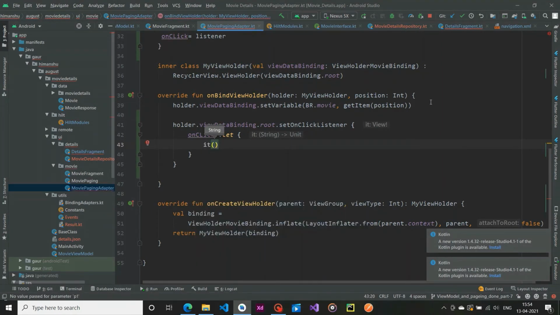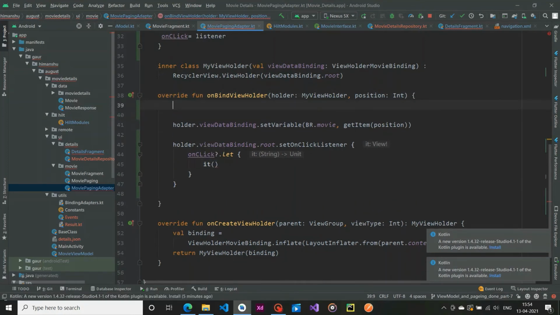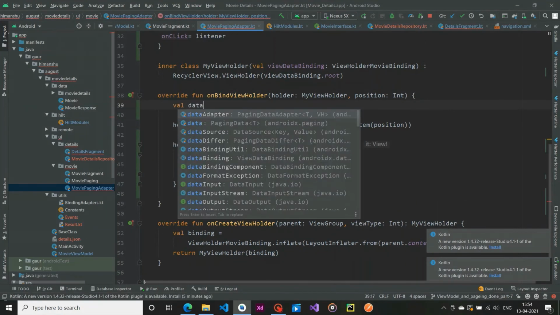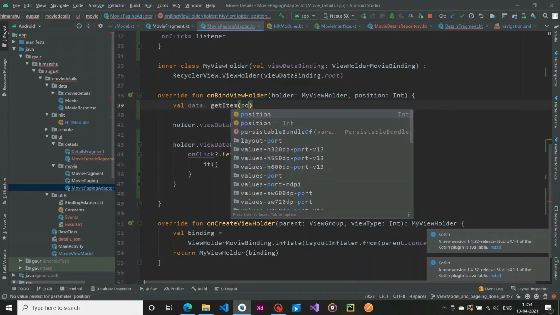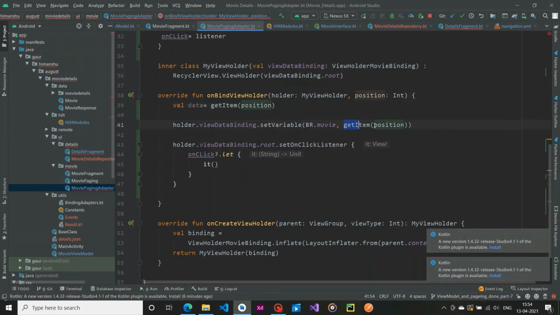The data is coming from our getItem, so create a variable data, getItem from position, and remove this thing, pass data here, and here pass data dot IMDb ID. Okay, so make sure this thing is not null.